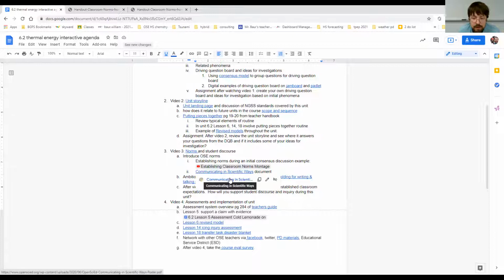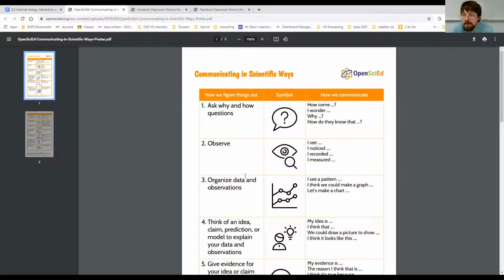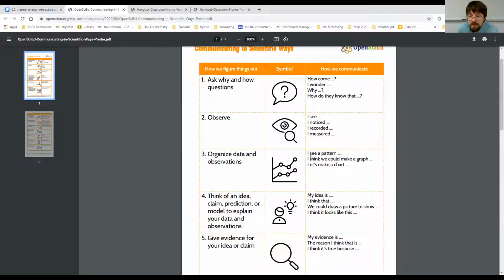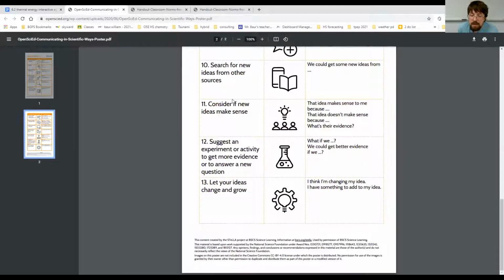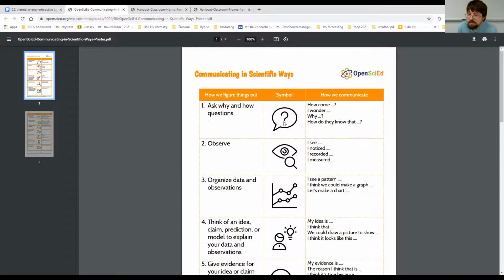Another tool that can help your students with discourse is this poster of communicating in scientific ways. And I like how it has these little visuals and some sentence starters. These are great to cut out as little cards. You could laminate them, you could put them as a little tabletop, post them in your classroom,